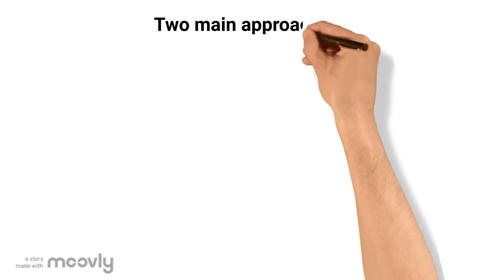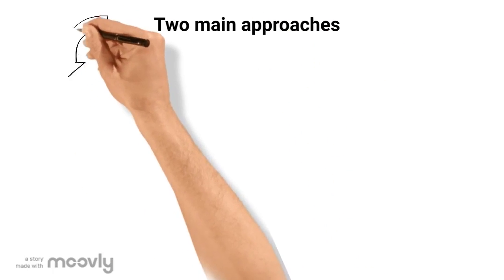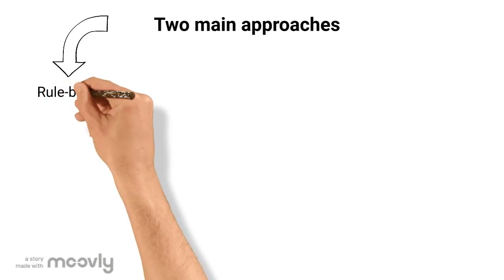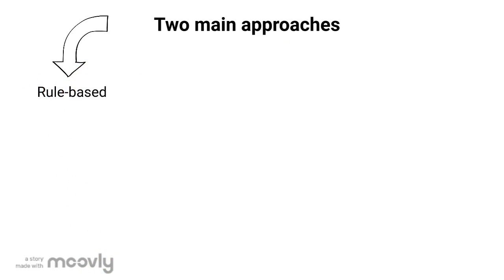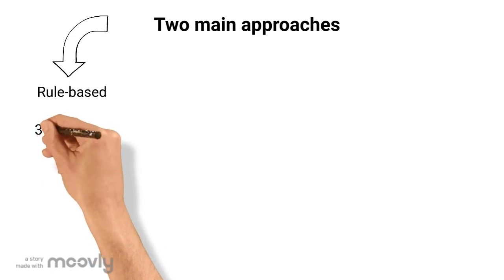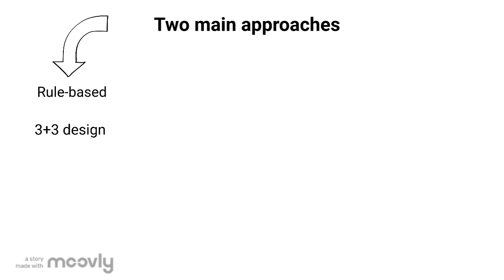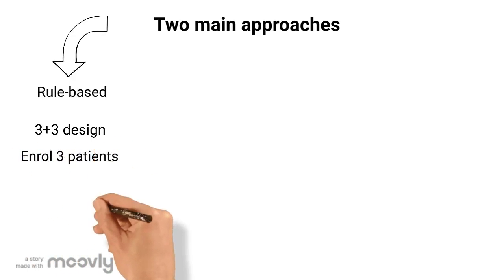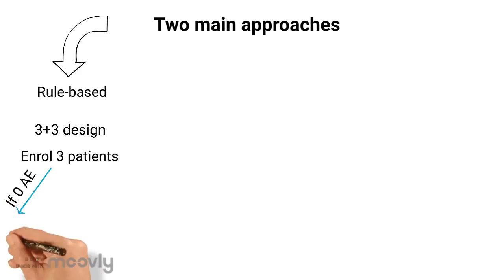There are two main approaches to find the target dose in a phase 1 oncology trial. The first one is rule-based. The idea is to define a specific set of simple rules for how to enroll patients in the study. One of the most well-known rule-based designs is the 3+3 design, which looks as follows. We enroll 3 patients to some dose and observe whether they will experience severe adverse events. If no adverse events are observed, the next 3 patients receive the next higher dose, or in other words, we escalate